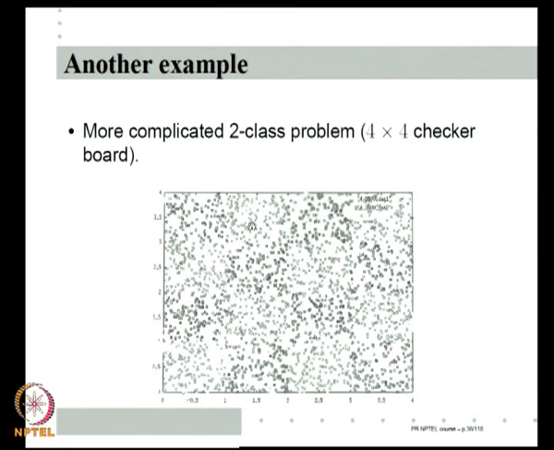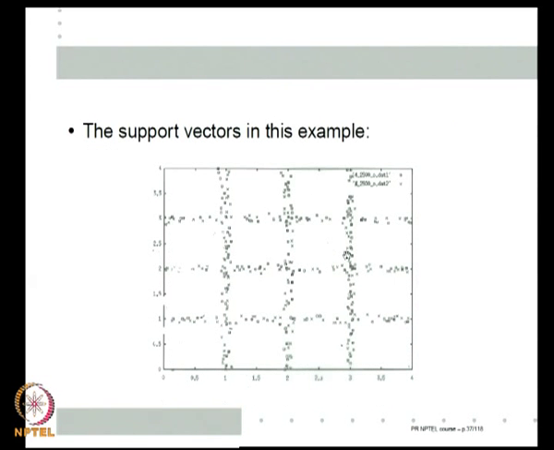So, this is one class, that is another class, that is one class, that is another class, and so on. Once again, this is class 1 and that is class 2, and so on. This is a 4 by 4 square. Once again, using Gaussian kernel, if I learn SVM and then plot the support vectors, those are the support vectors. As you can once again see, I have neatly pulled out only the vectors which are closest to the class boundary. Rest of them can all be thrown out now.